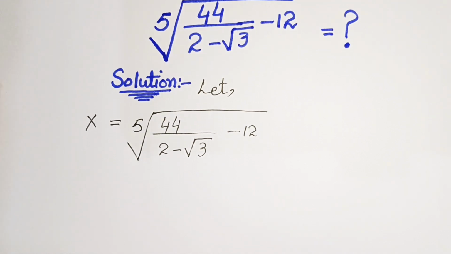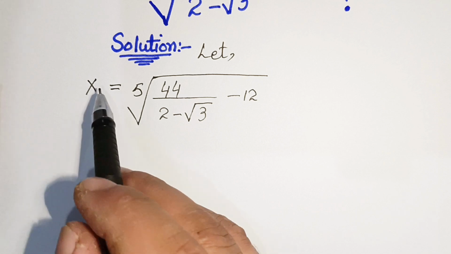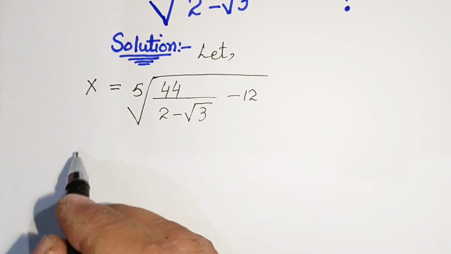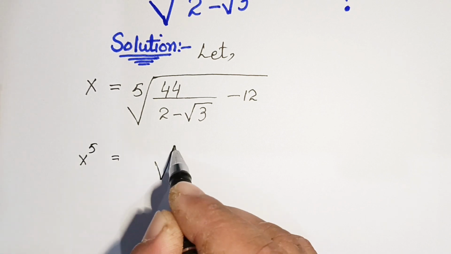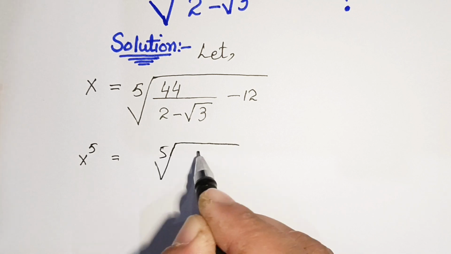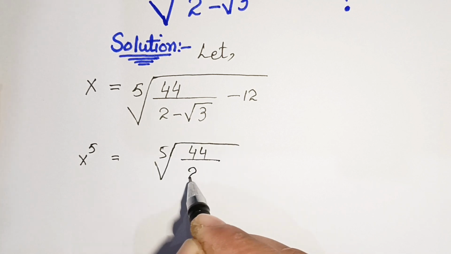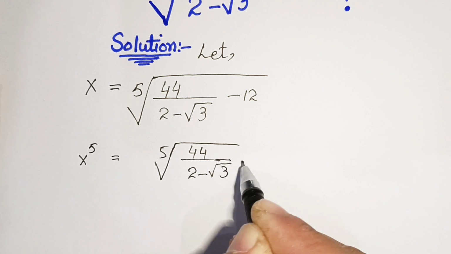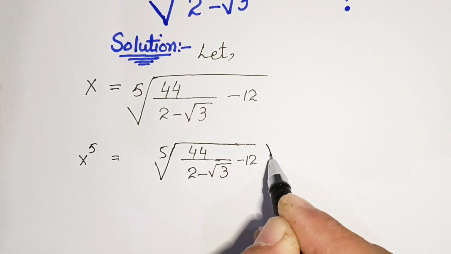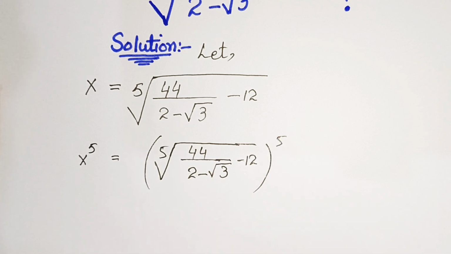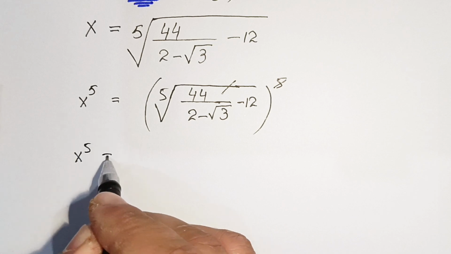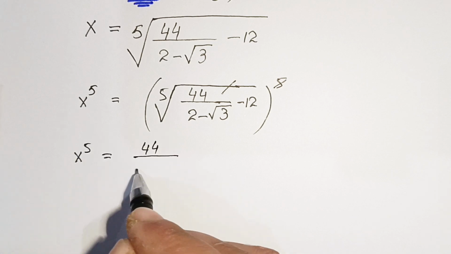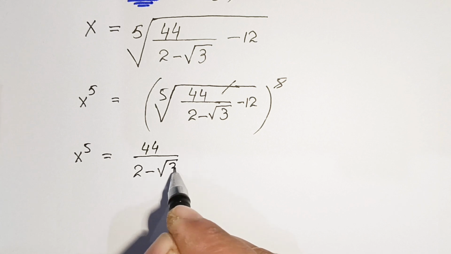So here if we just take power 5 on both sides, our left hand side will be x to the power 5, equal to the fifth root of 44 divided by 2 minus square root of 3 minus 12, whole to the power 5. So this 5 can be cancelled out with this root. So we have x to the power 5 is equal to 44 divided by 2 minus square root of 3